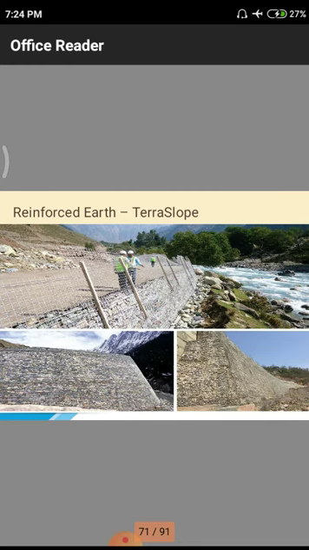Normally, in hilly areas and these coastal areas, we have to observe this kind of structures. Why? Because in the coastal areas we have to face a huge amount of erosion due to these tidal waves and winds coming to the areas, so that we have to control those erosions by constructing these kind of structures, so that those are responsible for controlling erosion and taking loads onto the structure.